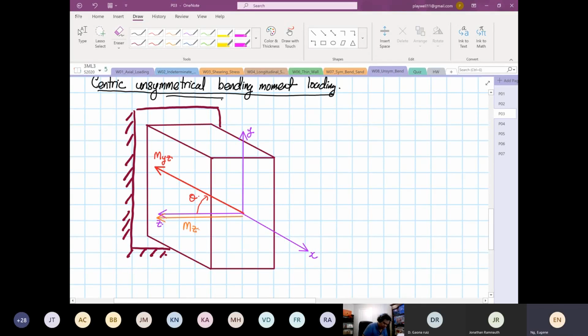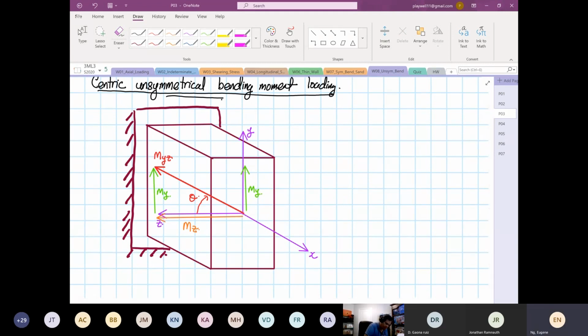About Z, and then you have the next moment. This is your moment about Y. Okay, so I'm going to shift the moment about Y to over here, right? So like what I've taught you before,